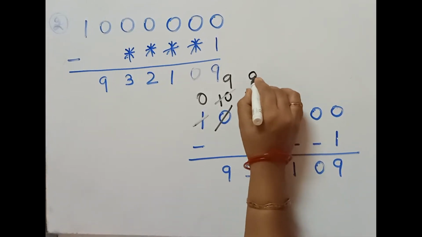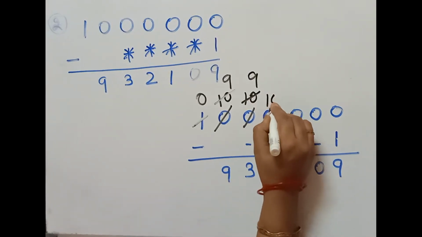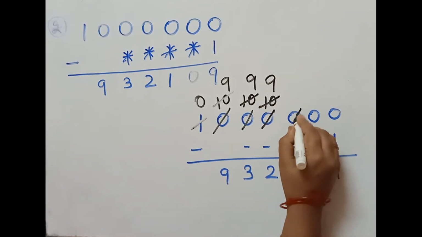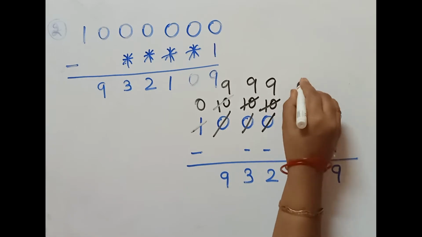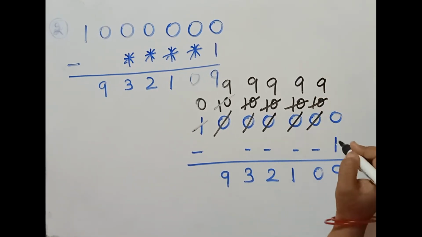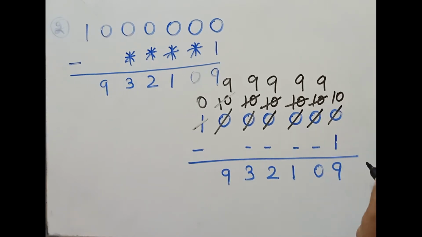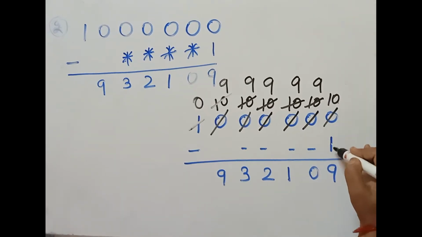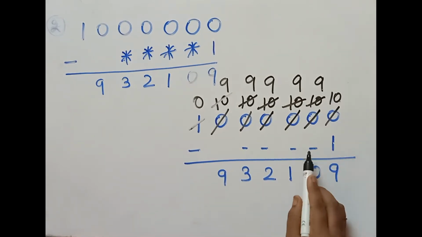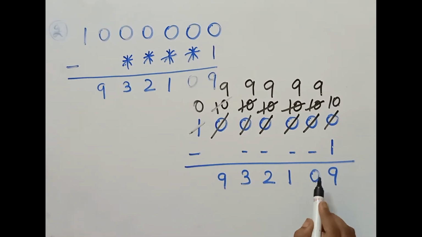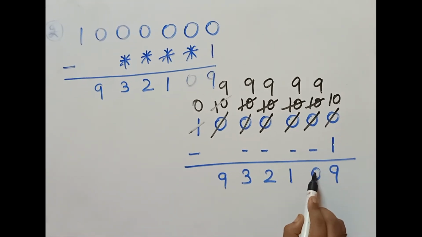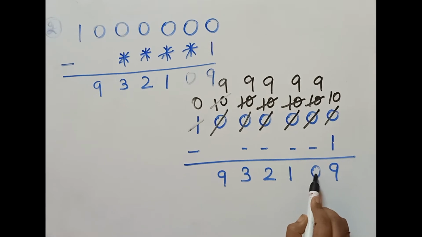Now this process will continue to the last digit. Again it becomes 10, it becomes 9. It becomes 10, it becomes 9. It becomes 10, it becomes 9 and it becomes 10. So 10 minus 1, I am getting 9. Okay. Now here 9 and here a dash is given and here the answer is. So from 9, which number should I subtract so that I get the answer 0?